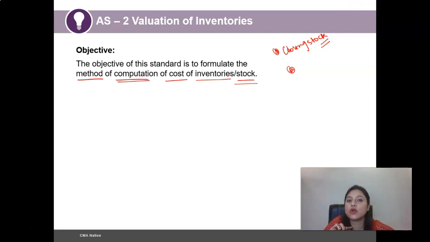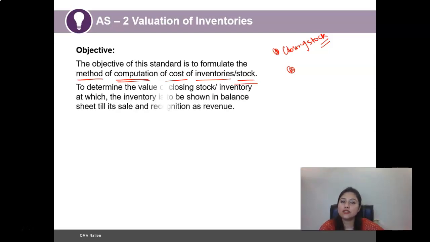So the objective of this standard is to formulate the method of computation of the cost of inventories, be it the closing stock, be it the goods in the processing stage, be it the goods that are not in the processing stage, or the complete goods or the finished goods that are there. So this is the objective of the accounting standard 2. And thus to determine the value of closing stock or inventory at which the inventory is to be shown. So what should be the value that should be shown in the balance sheet till the date of its sale